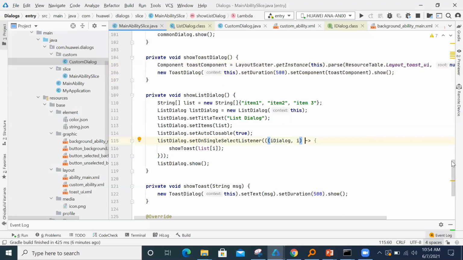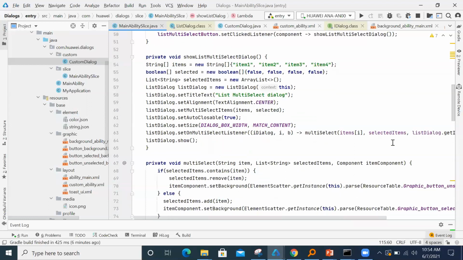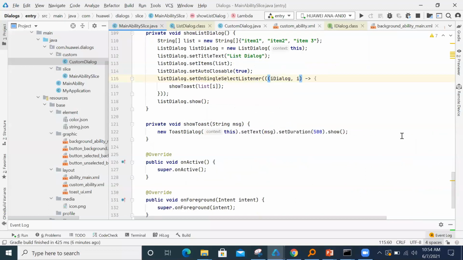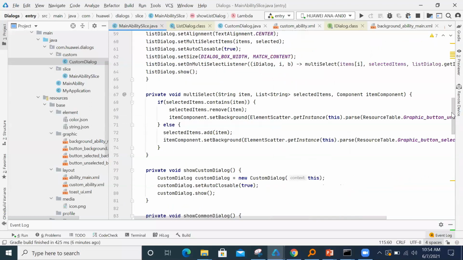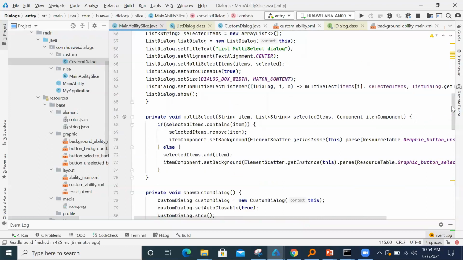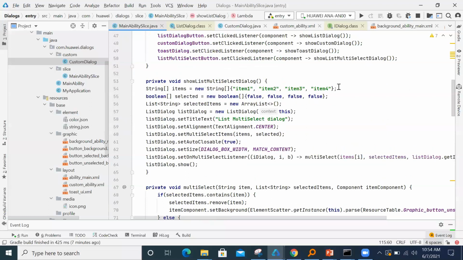So yeah, that's about the dialog part. Hello, yeah, hi. In list dialog and in multi-list dialog, can we customize the items' UI? Means if I have to add an icon with the item name, can we do that in list dialog directly? Yeah, that can be done. You can use a list view or something. Here I have just statically given some items as an array of strings. You can customize according to your needs.